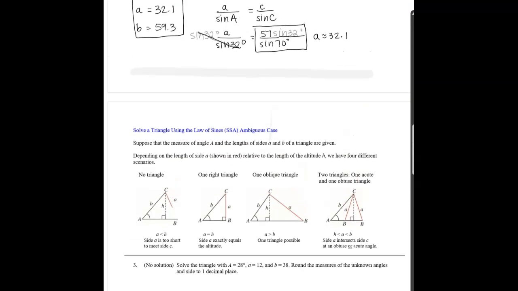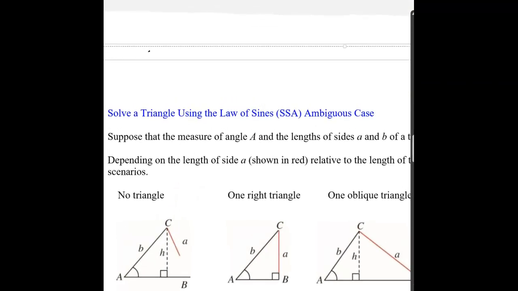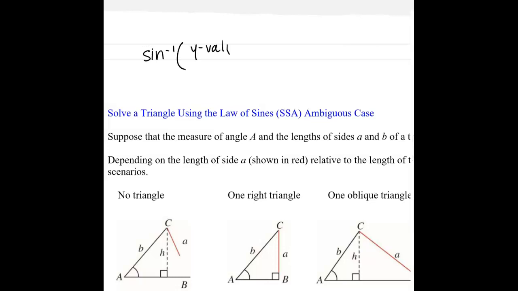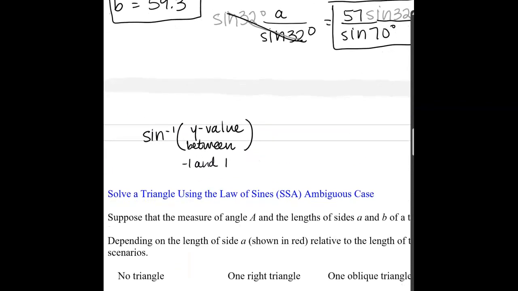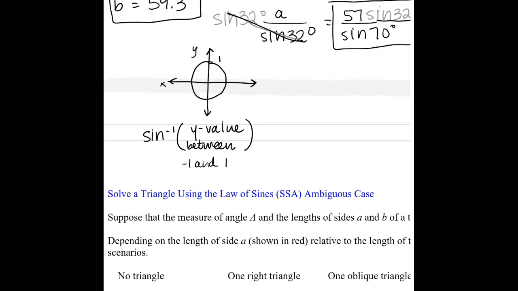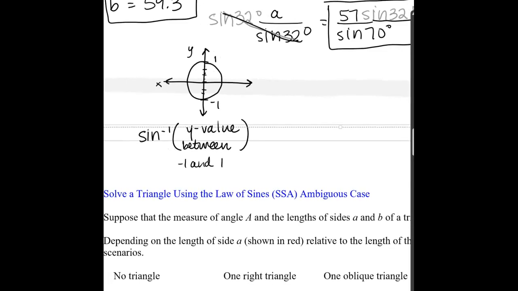Because remember, the sine inverse function, the way that it works, is it takes in a y value that is between -1 and 1, right? Because that's the way the unit circle works. The unit circle does not have any y values that are smaller than -1. So it takes in one of these y values, and what it does is it puts out an angle